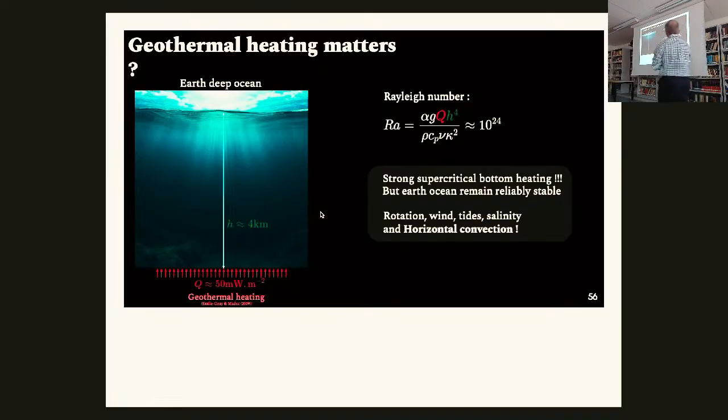And you can build a Rayleigh number. Now, you have to be careful because your Rayleigh number is a flux-based Rayleigh number, which means it has an h to the 4th over here, but we can do that. And you plug in all the usual values for water, 1,000 kilograms per cubic meter, whatever Cp is, mu, kappa. These are molecular values, of course. And you get 10 to the 24. That's a pretty big number.